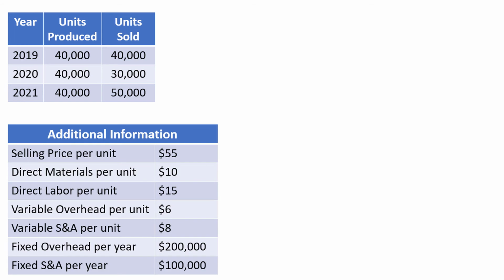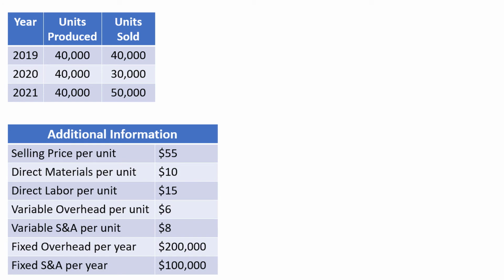So now let's look at an example. We will be comparing the income statements for absorption costing and variable costing for 3 consecutive years. Here is a table showing the number of units produced and sold for the 3 years. As I mentioned a moment ago, we are going to let the units produced each year stay constant to simplify the example. Here is a table with additional information which includes the selling price per unit as well as the